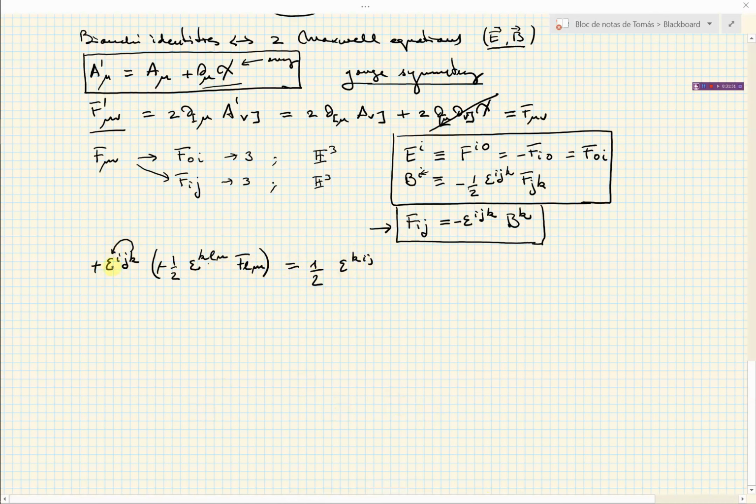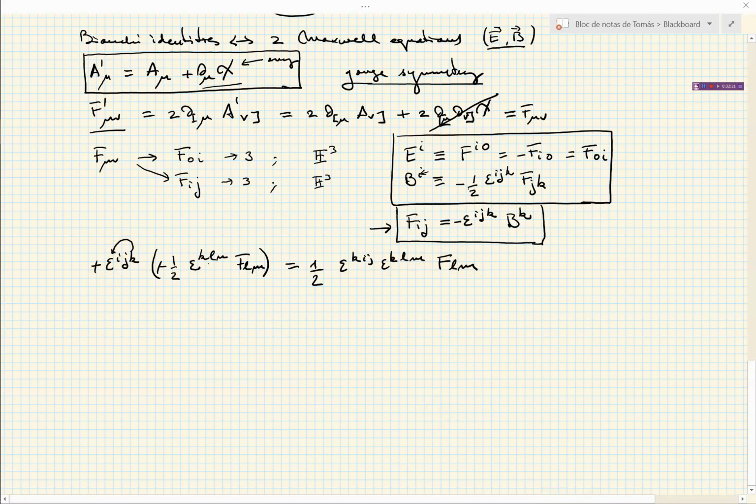Because of the total antisymmetry, if I put this k at the very beginning, this means interchanging j with k and i with k. These are two minus signs, so I get a plus. I can also see it as a cyclic permutation. Cyclic permutations of three antisymmetric indices do not give you any sign. So this is the same as epsilon k ij and epsilon k lm